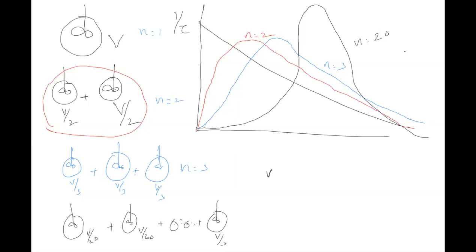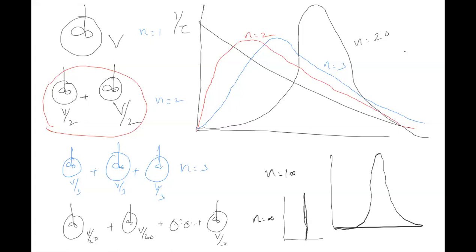Suppose you go to n equal to 100, then you will see clearly the peak coming out, something like this. Suppose n equal to infinity, if you split the CSTR into infinite CSTRs, then it becomes a PFR. So basically, as you split the CSTR, you are moving towards a PFR. Somebody was asking yesterday how the RTD of CSTRs in series looks like. This is what it is.